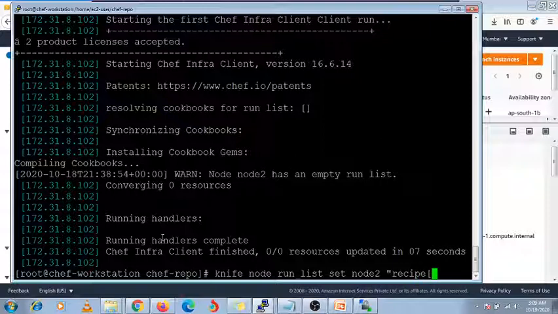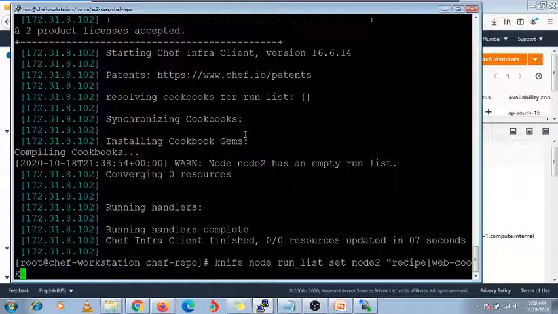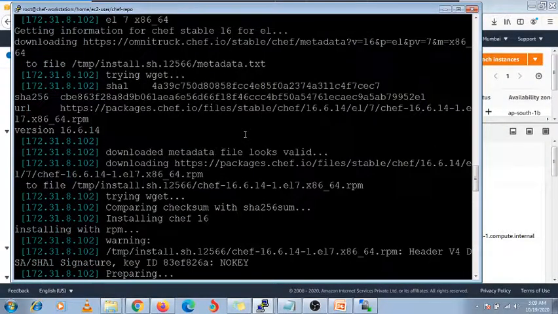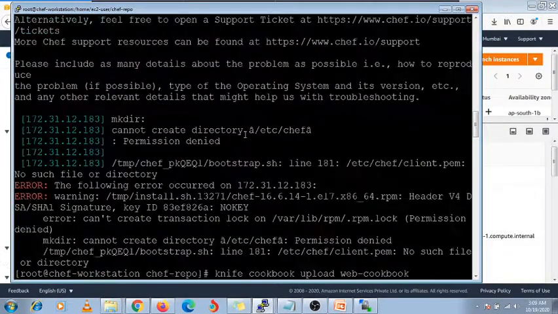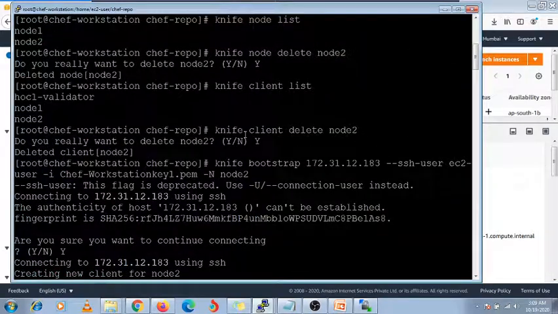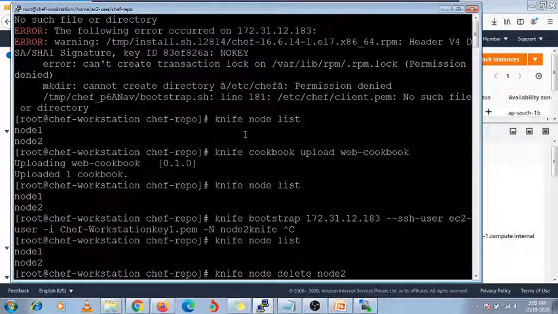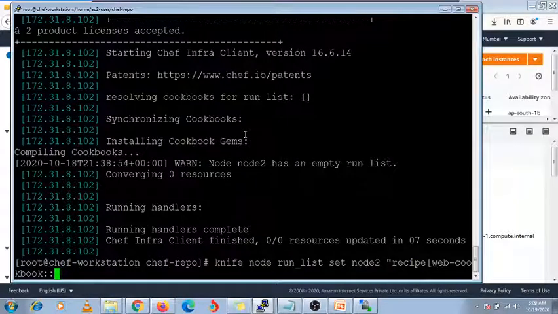Here I need to mention the recipe name, that is web-cookbook, two colons, then the recipe name which I have modified, that is web-recipe.